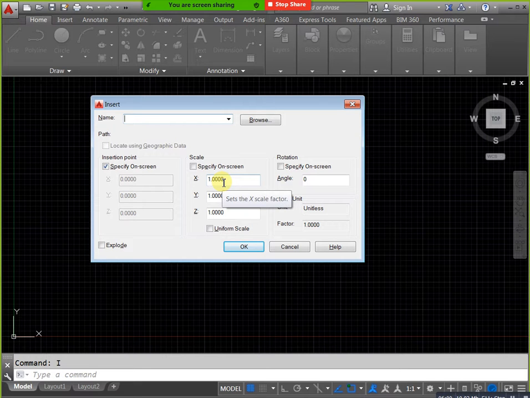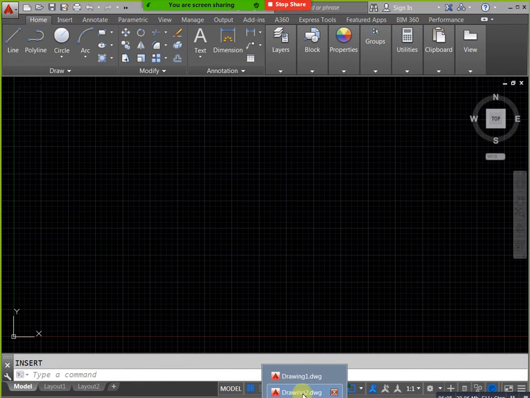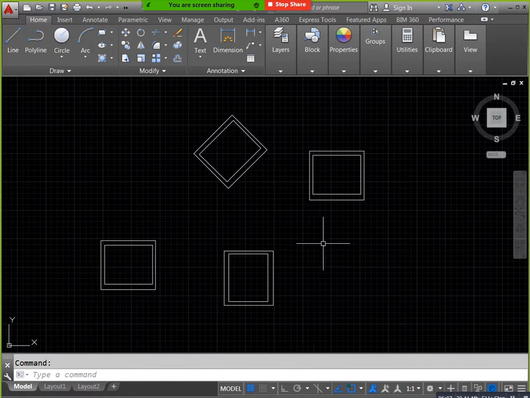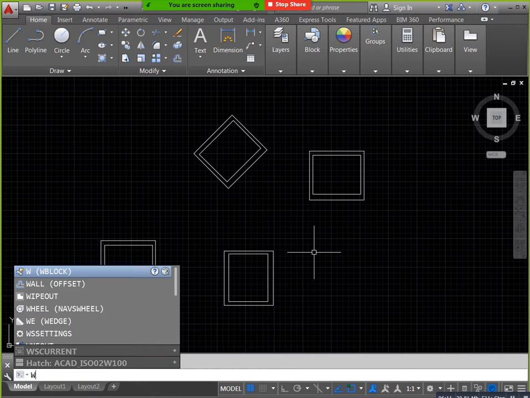Definitely we need to do which one? Write block. For example, I need to do write block. For the write block purpose, you can mention W enter. All of you note down these shortcuts. Block is B enter, write block is W enter. Block is a temporary block, and W, write block, is a permanent block.